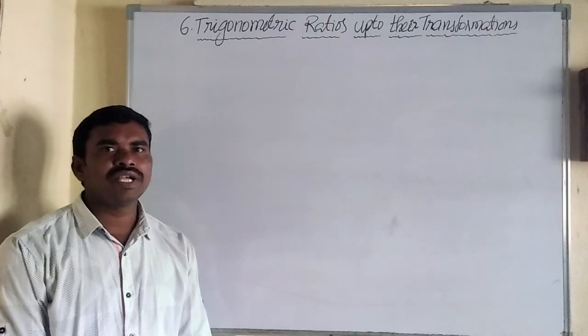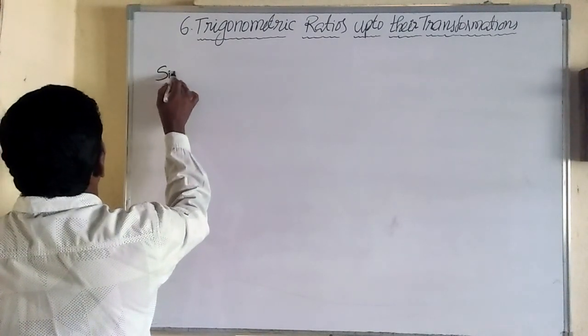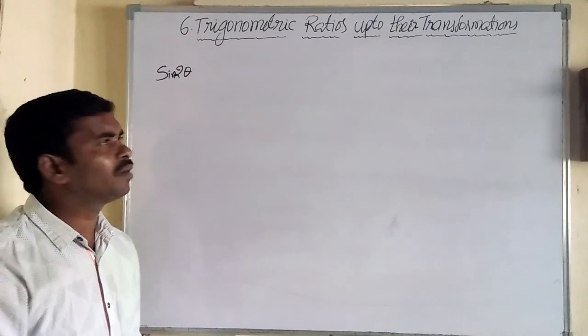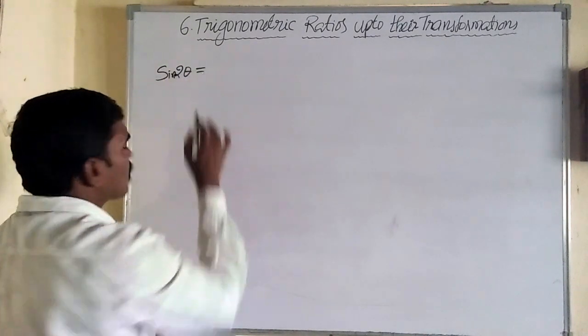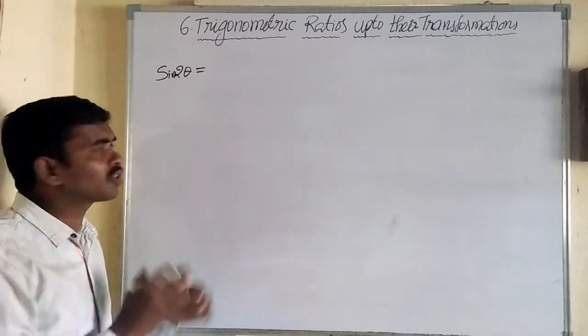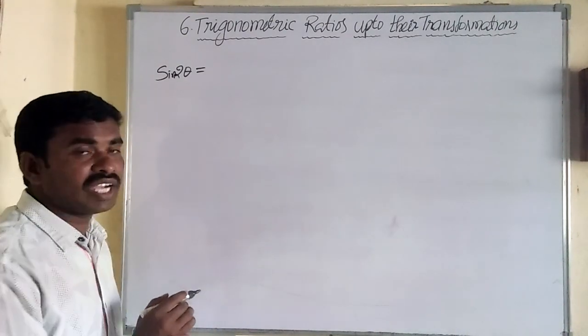Next, the sin 2 theta formula. We have only a few formulas left, then we can enter into the problems. Most probably the trigonometry formulas will be completed; these are only trigonometric formulas. What is the sin 2 theta formula? How can we write it?